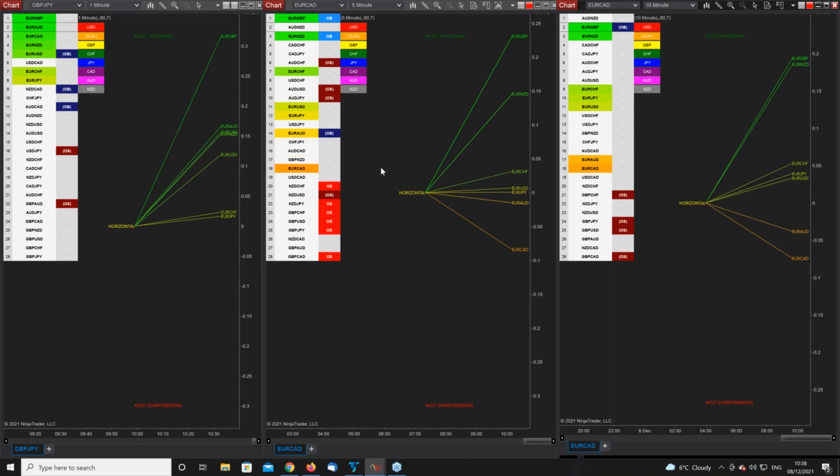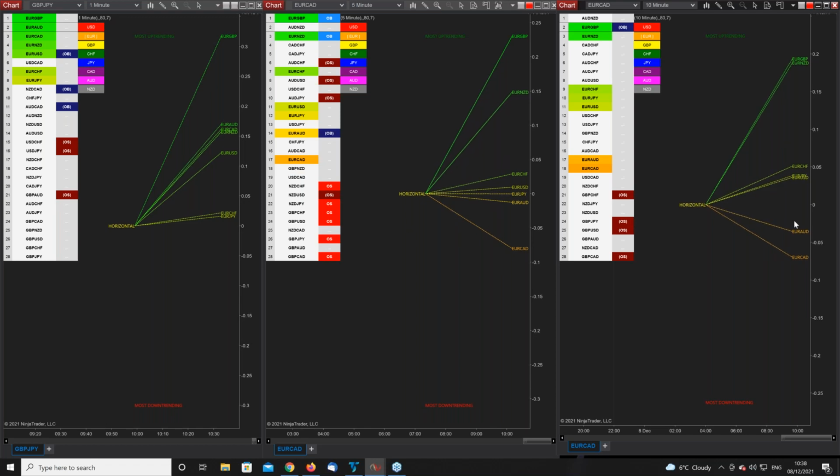If that is a genuine shift in sentiment, then what you will see is all these pairs moving up to the top. You will start to see all these gradually move up to the top, as indeed they are at the moment. These are all sweeping around, and ultimately all up there, moving up here, and the same here.